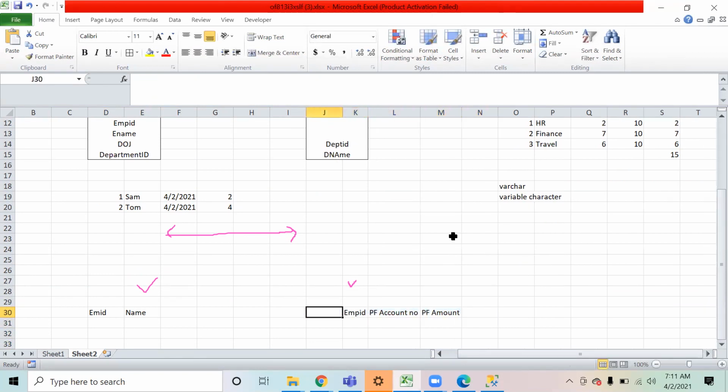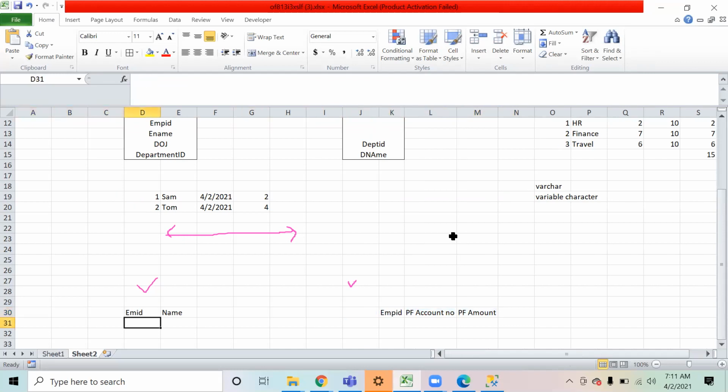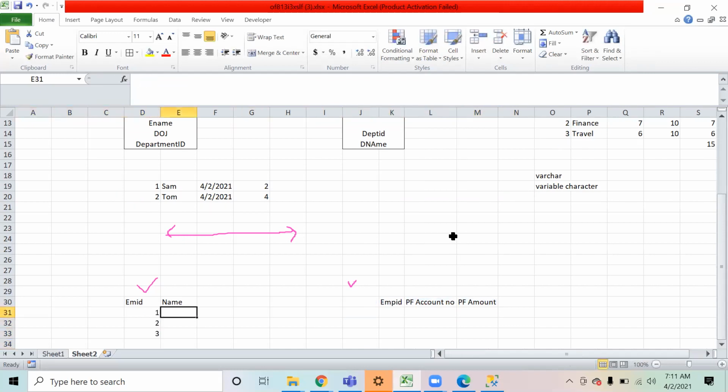Now suppose in this I have employee IDs 1, 2 and 3 and employee names A, B and C. Over here also I will have employee IDs 1, 2, 3 and PF account numbers could be A1, A2 and A3. These are the three different PF account numbers.